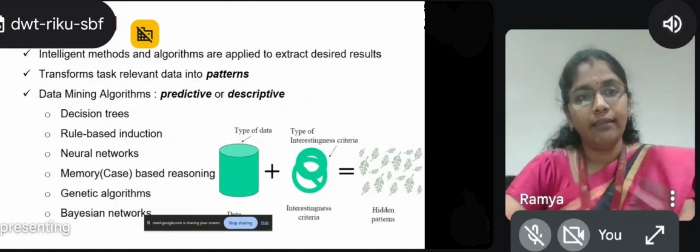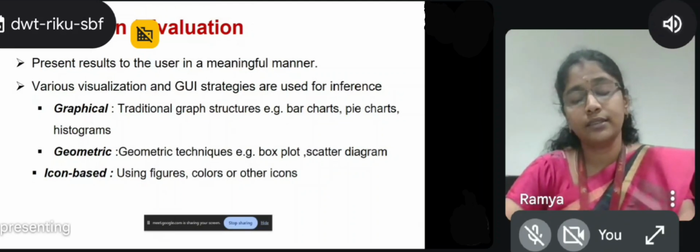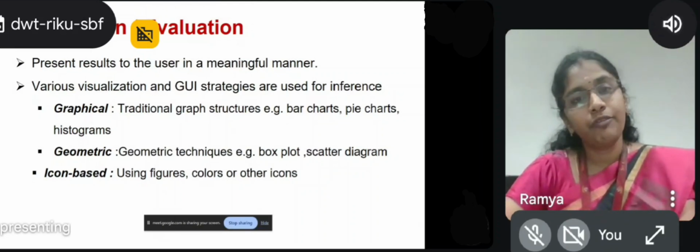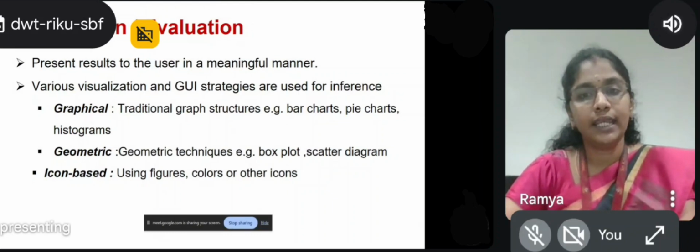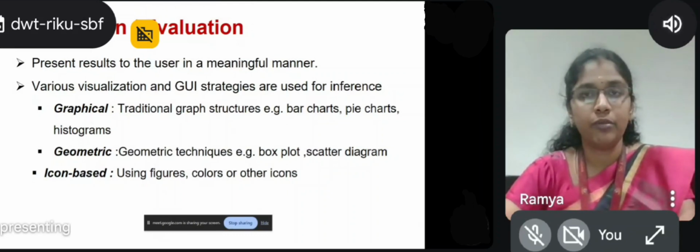Okay. And the next step is the final step, where we are going to present the data to the user. That is, the gathered data is processed. It is in a form of a knowledge. Now we need to present the data knowledge to the user in some kind of meaningful manner. So we may use some kind of GUI strategies, or we will be representing the data in a form of a visualization form. So here we may represent the data like graphical pattern, where it can be like a bar